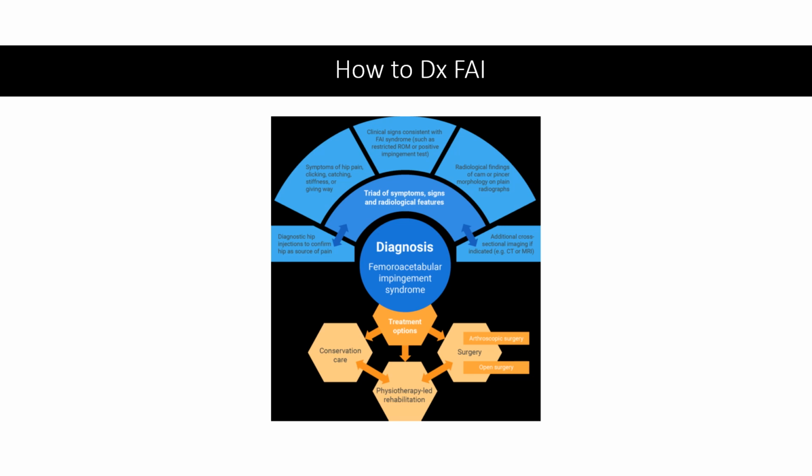Treatment options, mostly conservative care. We want there to be a PT first mindset, and if it doesn't get any better in 4 to 6 weeks, especially with PT and an injection, if it's not better in 6 weeks, then surgical intervention is required. Now, it may not get fully better. You may get from a 7 or 8 out of 10 down to a 3 or a 4, and that may be just enough to get you to keep on kicking the can down the road